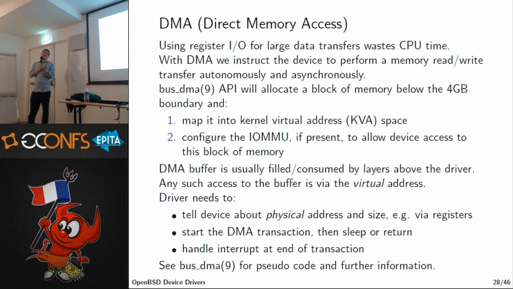And then you can go read it. If it's sent you data, you read it through the virtual memory address space of the kernel, because the busdma API gives you a way of viewing that physical memory that the device wrote to through basically a pointer that you have in your kernel program. So you get your pointer returned from busdma, and once the DMA transaction is done, you can go to that pointer and find the data that the device has written. There's an example in the busdma man page, and there are lots of examples in the tree of how to use this. If you have any half-serious device, you will have to get familiar with that.